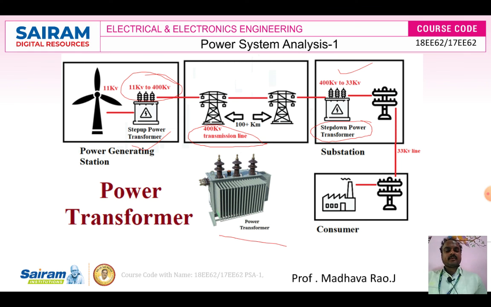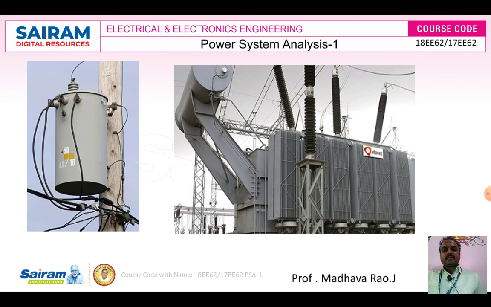Next, one more diagram here we have: the pole mounted three phase transformer. It is very simple. Small rating transformers are pole mounted, so on the pole itself we can install the transformer. This is a cheap and the best way of power transmission, where the cost of construction is eliminated.